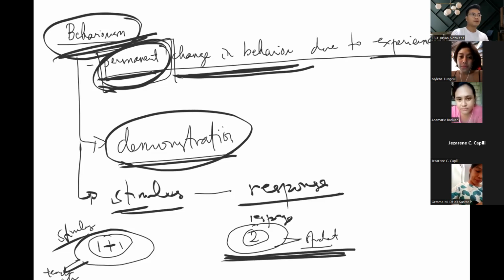Okay? So, whenever you design classroom instructional designs or lesson plans, and you subscribe and you are a behaviorist teacher, you would always want to have experiences that would allow your learners to demonstrate what they learned. Okay? To demonstrate what they learned. For example, role playing is a demonstration of what you have learned. Okay? What else? Games are examples of behaviorist strategies, because there is a stimulus and then there is a response. Okay?